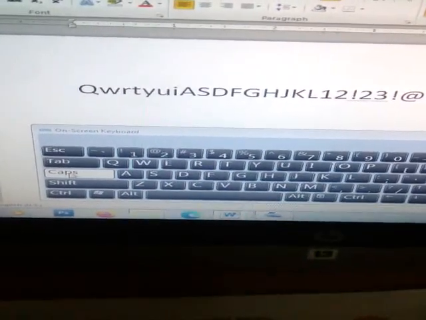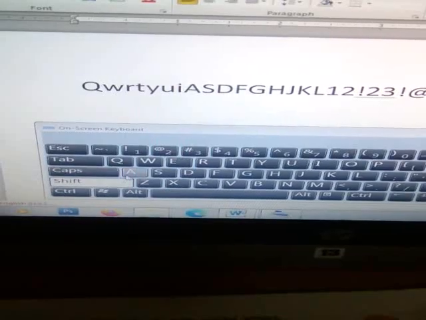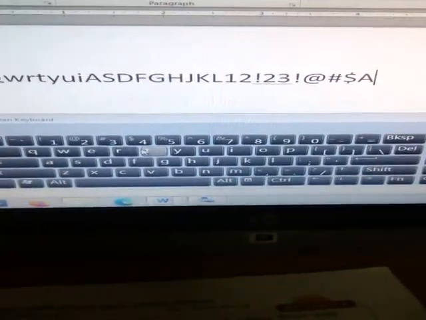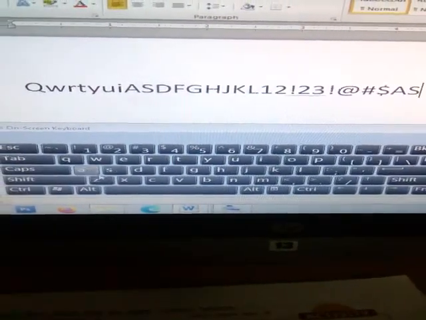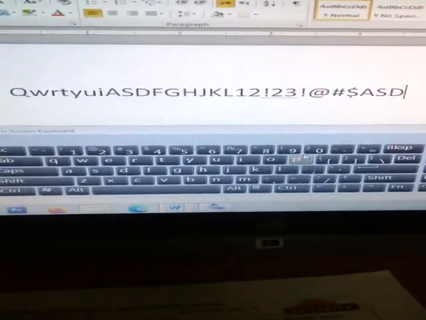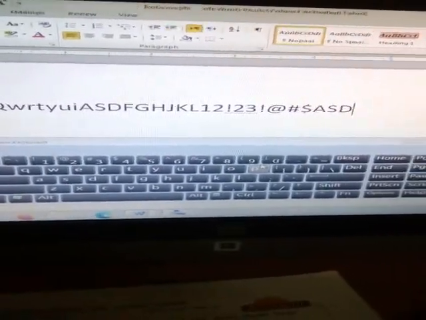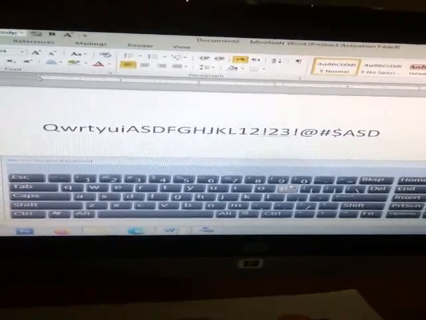And if caps lock is off and you press shift and A, the capital letter will come instead of the small letter. Shift and S, shift and D, capital letters will come. Means shift key is used to type the symbols as well as for pressing a capital letter.